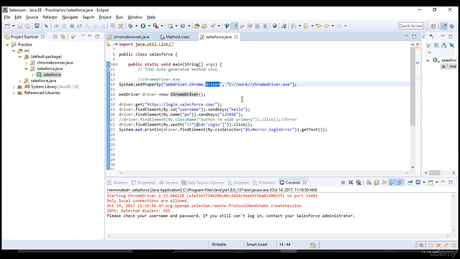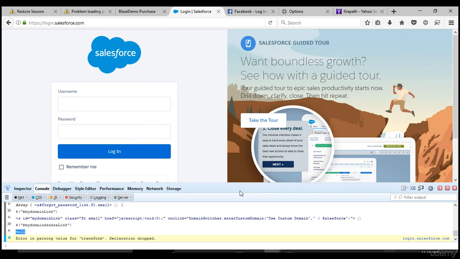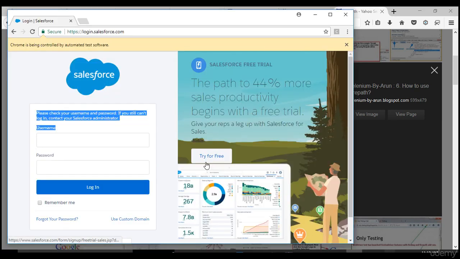Okay, so that's how you handle the locators in Selenium and identify the actions. So these are the actions: sendKeys, click, getText. These are the three actions. Okay, so if you are using a version of Firefox less than 54, you may have the advantage of using FirePath, where you will get it directly without right clicking and all. But this is now outdated, forget about it.